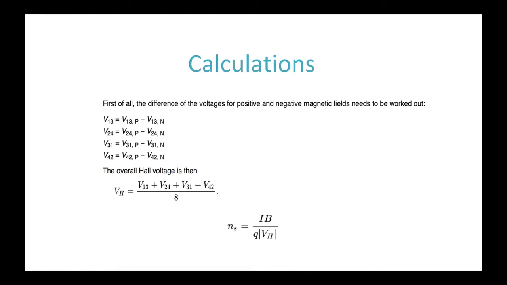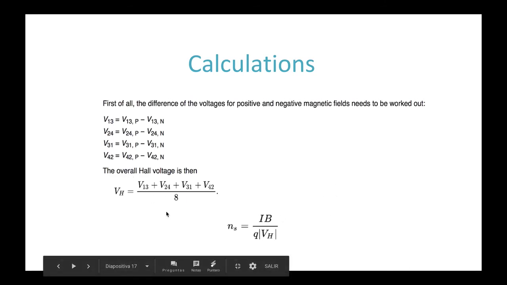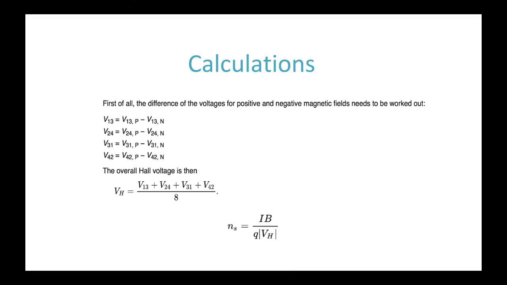Calculations. First of all, the difference of the voltage for positive and negative magnetic fields needs to be worked out: voltage 1,3, voltage 2,4, voltage 3,1, and voltage 4,2. The overall Hall voltage is then this one. And the polarity of the Hall voltage indicates the type of material the sample is made of. If it is positive, the material is p-type, and if it is negative, the material is n-type. The formula given in the background can be arranged